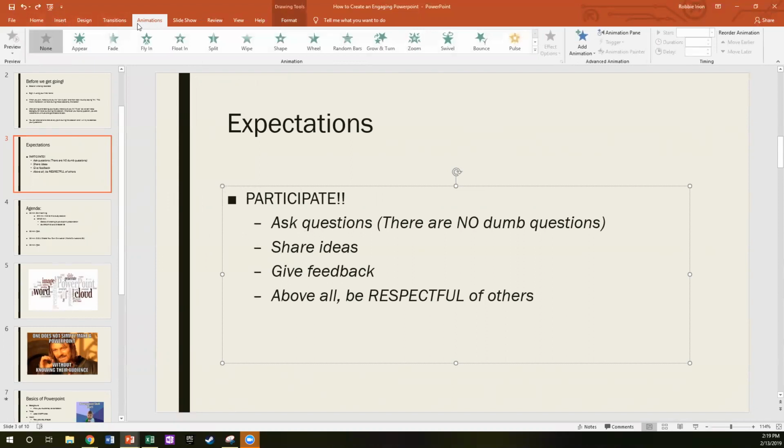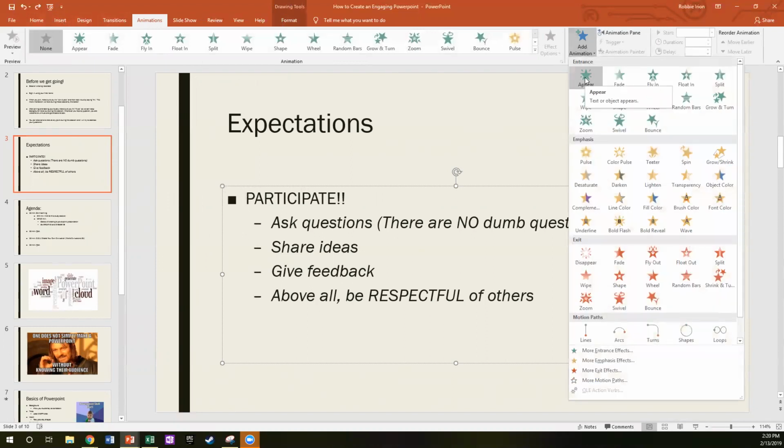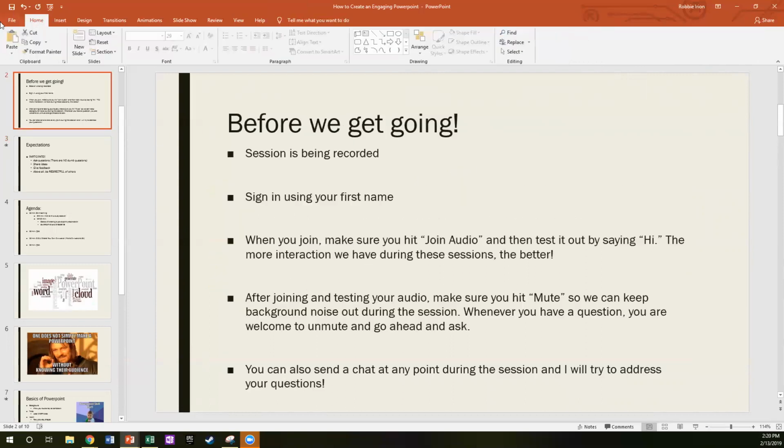And what's cool about this is that you can choose a bunch of different ways to have the words appear on your screen. So if I want these to each show up one by one, I would say add animation. I can choose to have it appear really fast. It can fade in, it can fly in from the bottom, it can fly in from the side, it can come as a wheel. And if you don't get what I mean, I'll kind of show you. So this is the fade in one, right? So if I click on that, it should be numbering each of these, so that if I come back to this slide,